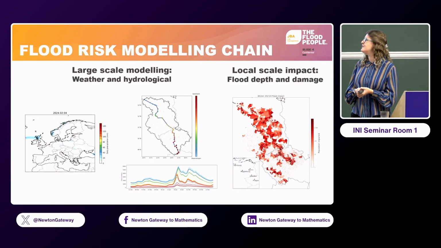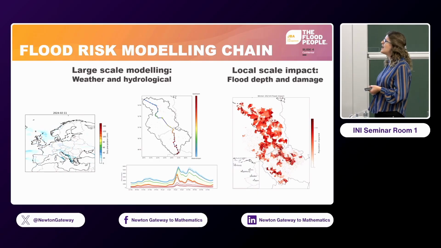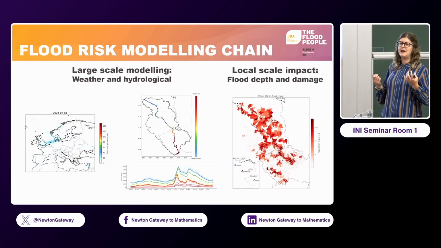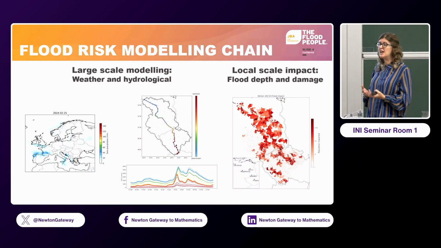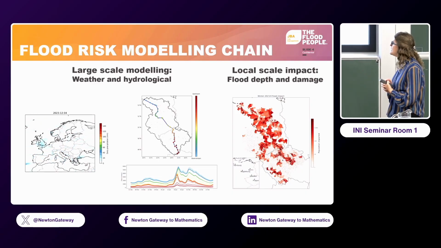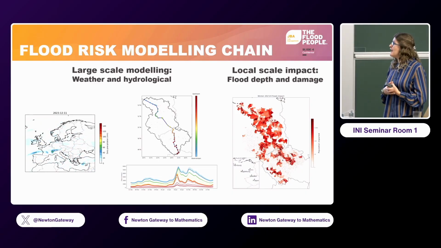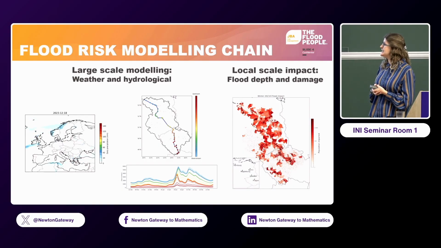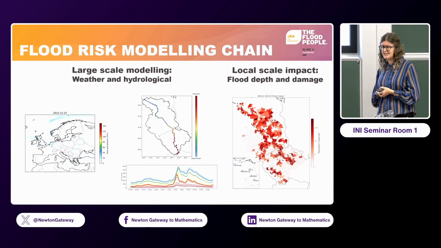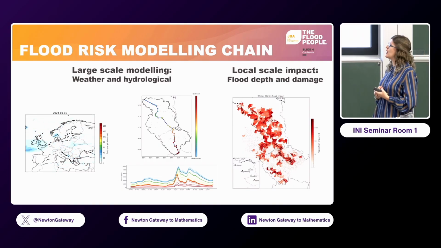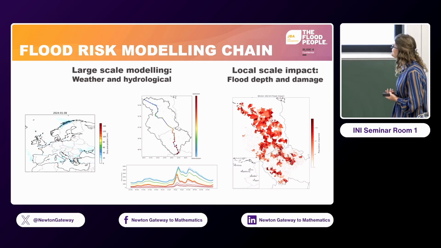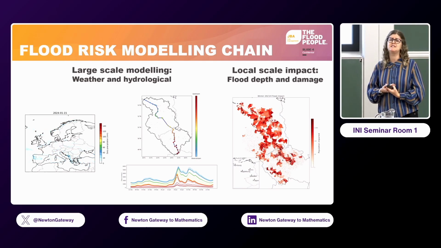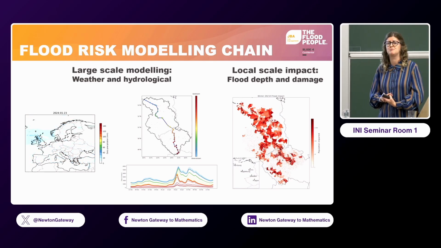And if we're thinking about flooding, then the primary driver of that is going to be meteorological, and in particular things like precipitation and temperature. So we've got a simulation on the left there of a winter season in terms of precipitation at that 30-kilometre resolution. And because I'm interested in flood in particular, we're also going to think about the hydrological response